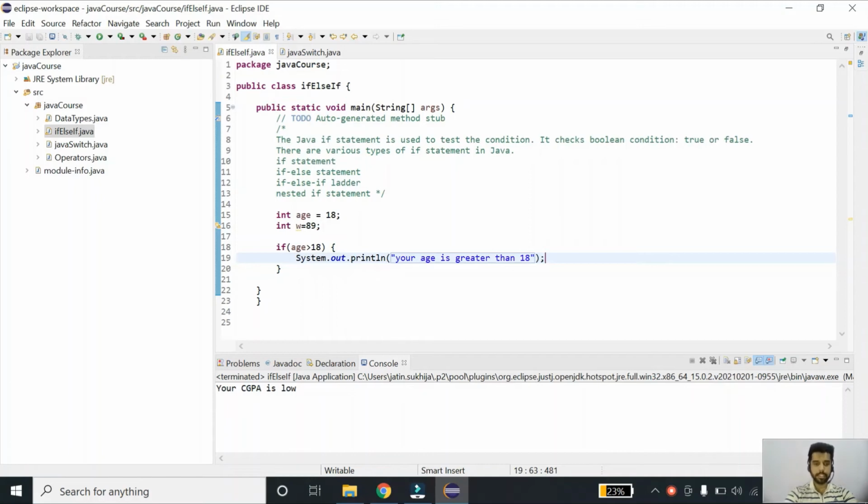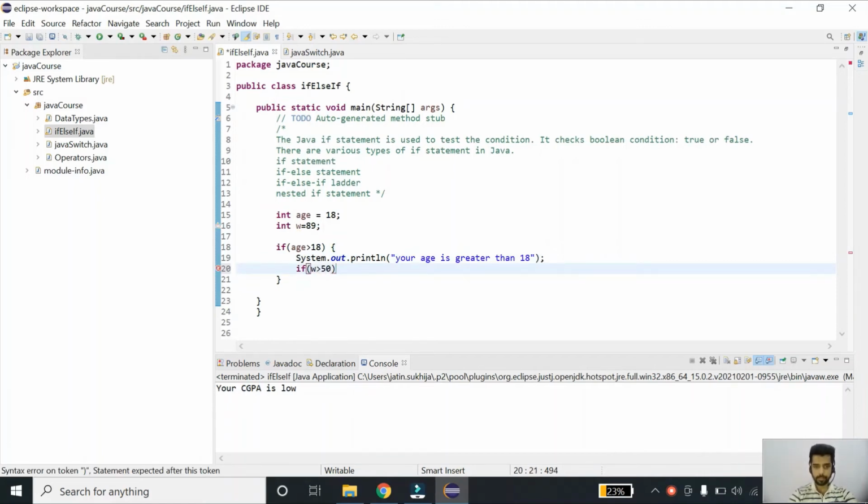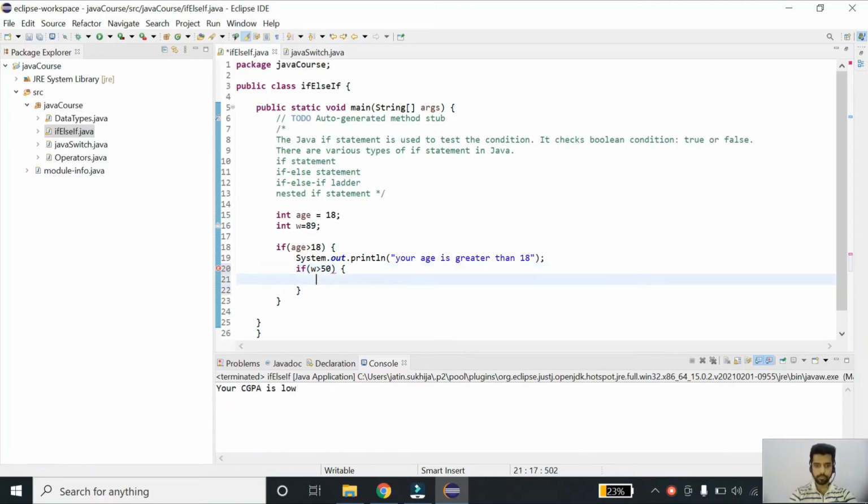So I have already checked one condition. Only if this condition is true, then only I'll check my weight, right? So I'll write another if condition inside this if condition. So I'll write if W is greater than 50, sys out you are eligible to donate blood.